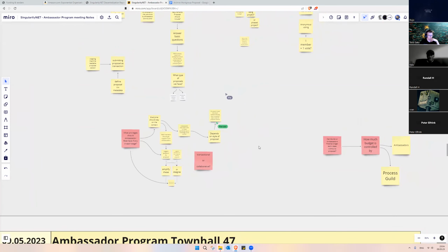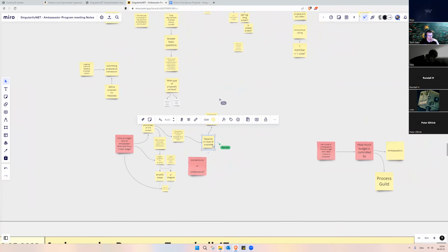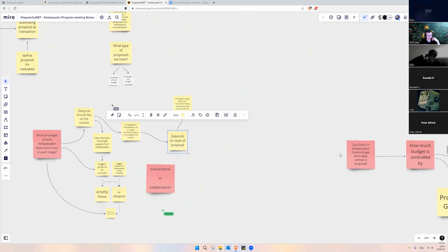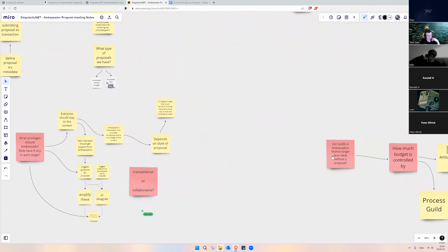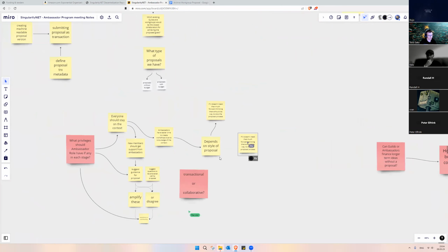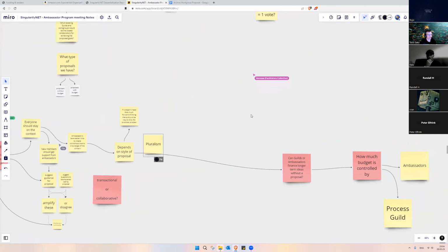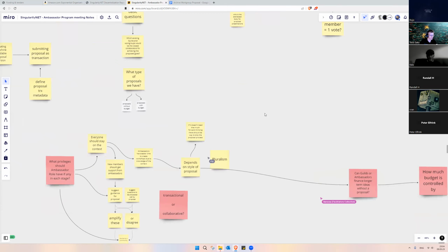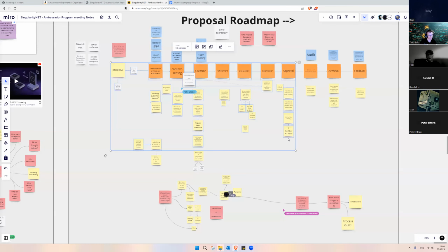That leads to the final agenda items, like that depends on the style of proposal. Can guilds or ambassadors finance longer-term ideas without the proposal? It's a bit similar, but we've now mentioned that it depends on the style of proposal. So if a guild has 33% of the budget, does that mean if a proposal is less than that budget, that guild could technically fund it all the way through without all of this? Or